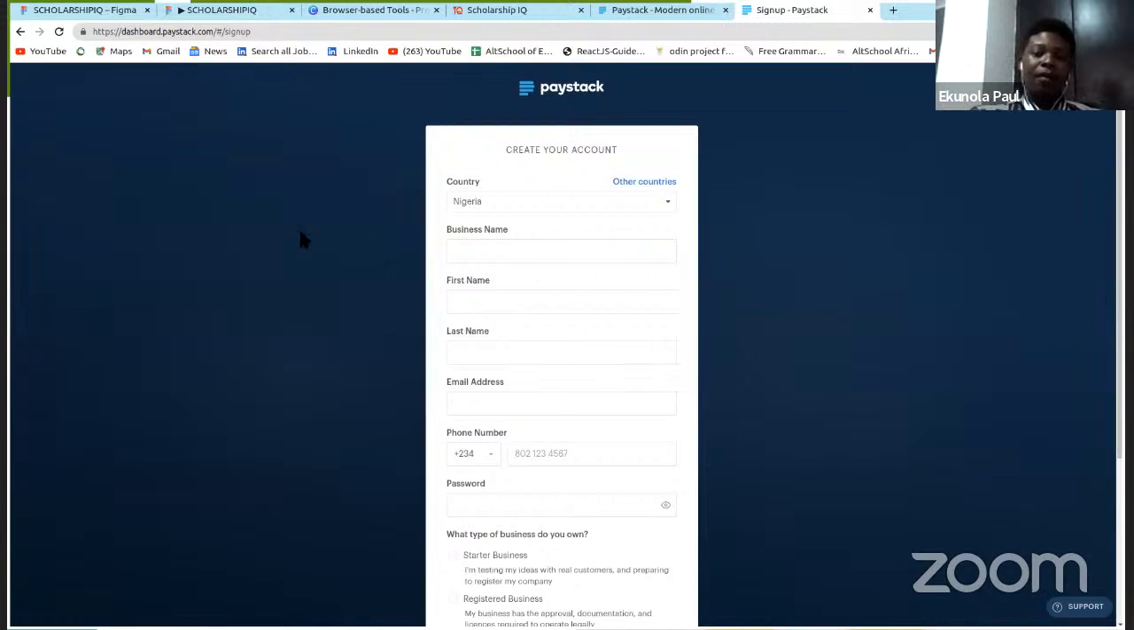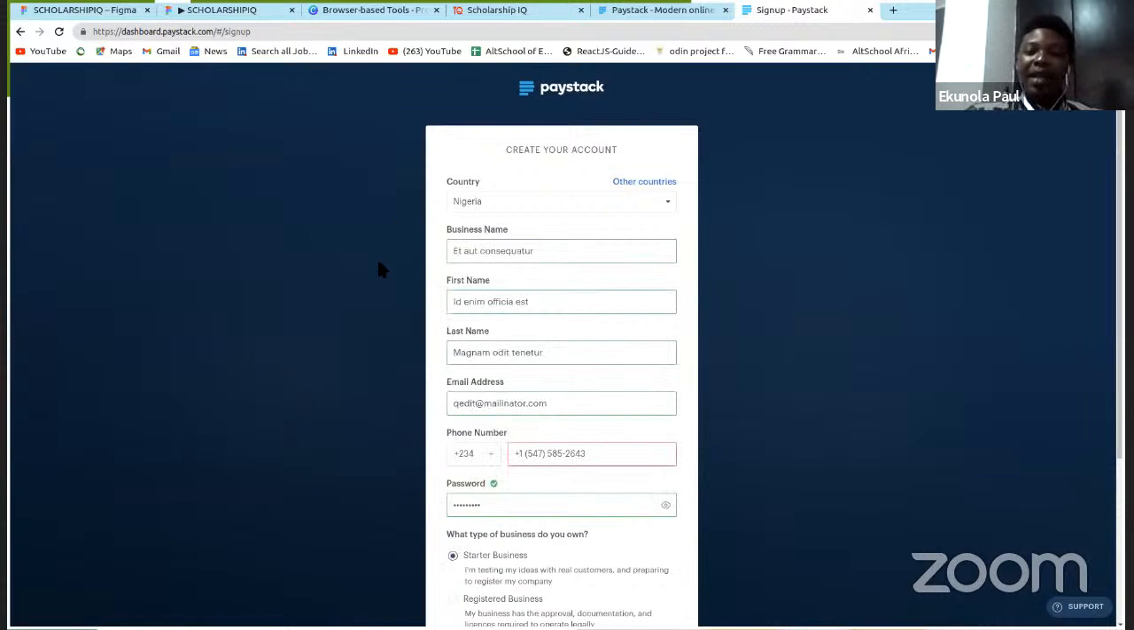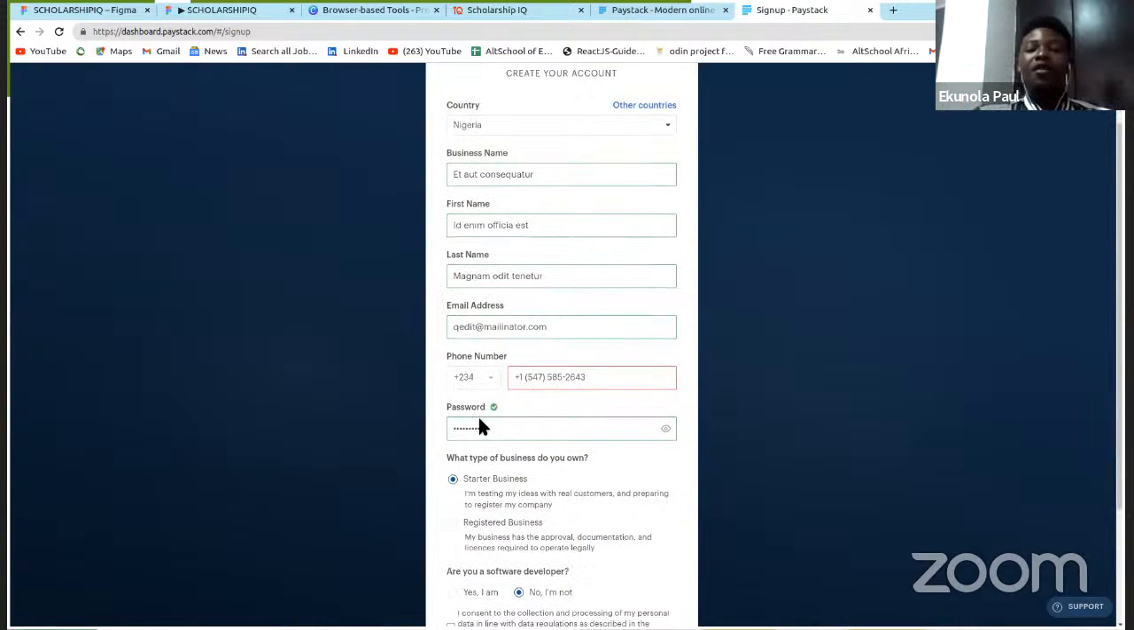That's where form filler extensions or tools like Form Filler come in handy. So you just right click after downloading it from your Chrome extension tab, and then fill in all input fields. Then it brings out dummy text in all your input fields, and this saves you a lot of time as